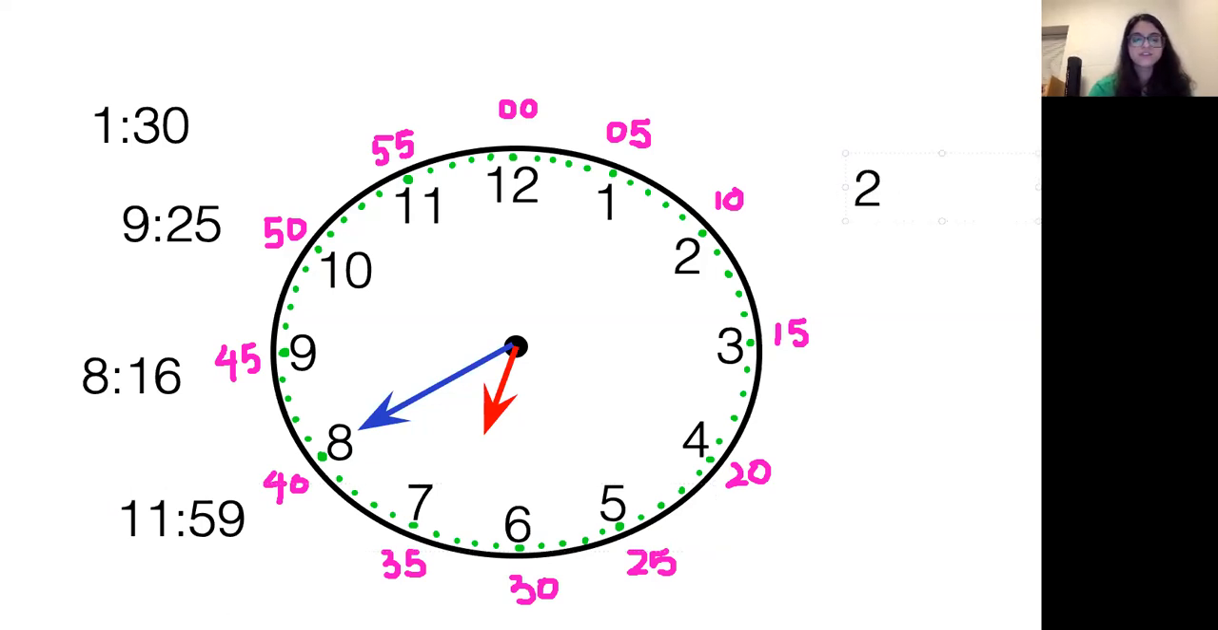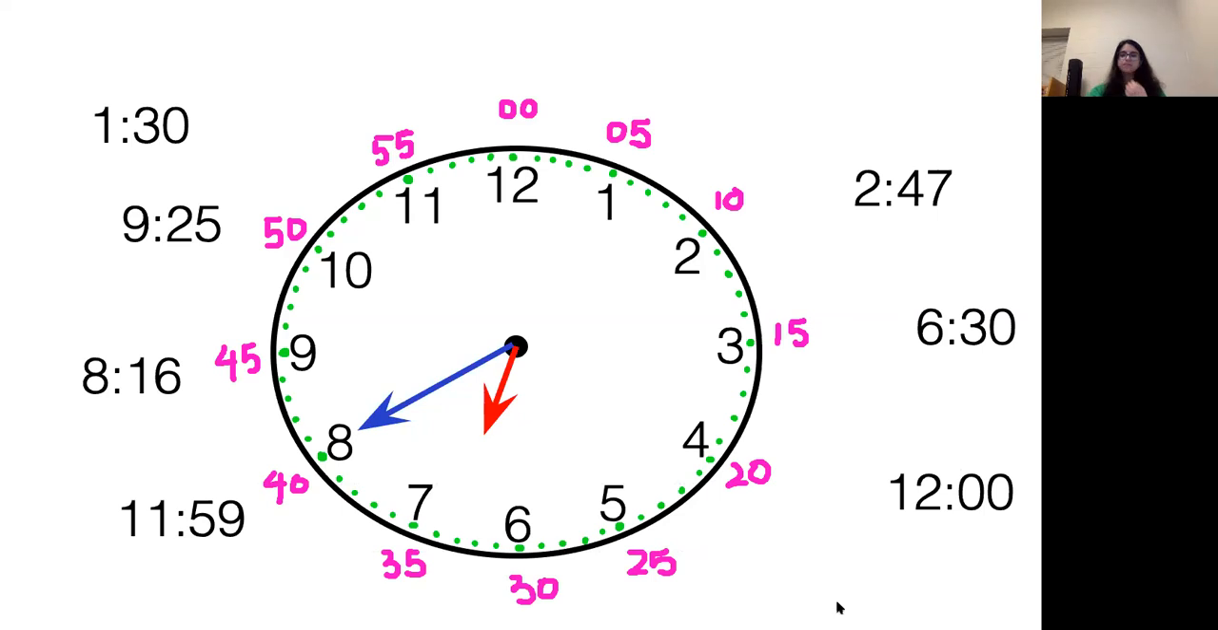And I'll make some here. Try and find 2:47. Try and find 6:30. And one more. Try and find 12 o'clock. That should be simple enough. So I'll do one example with you here. Let's do